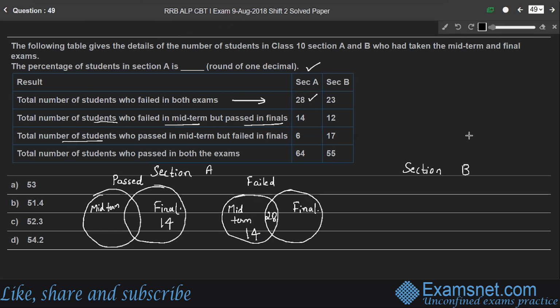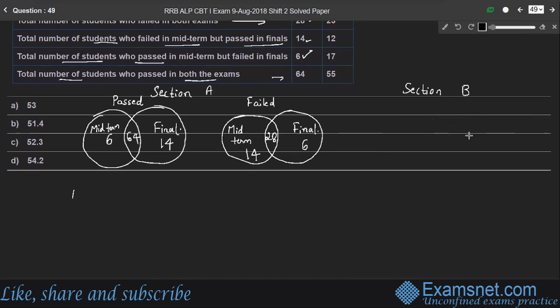And next, total number of students who passed in midterm but failed in finals. So in midterm, 6 students passed and 6 students failed in finals. And total number of students who passed in both the exams are 64. So we have to consider 64 students in the common region. Therefore, in section A, total students in section A are these passed students, 64 plus 6 plus 14,